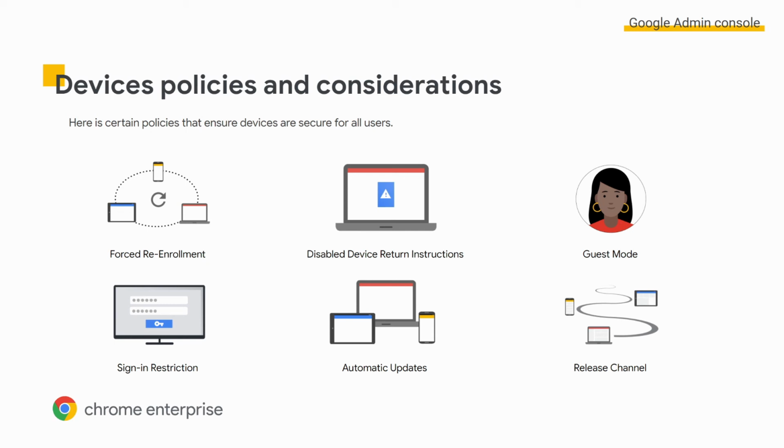Automatic updates: you can allow or not allow automatic updates, apply a restriction for a specific OS version, and so on. But the recommendation is to enable automatic updates. If necessary, these settings can be disabled temporarily for a specific OU, for instance. And release channel. You can change the release channel if needed, but the best practice is to have no more than 5% of your users on beta and the remaining part on the stable channel. This allows new features to be tested before the next Chrome OS release.